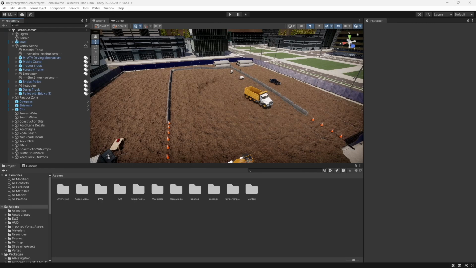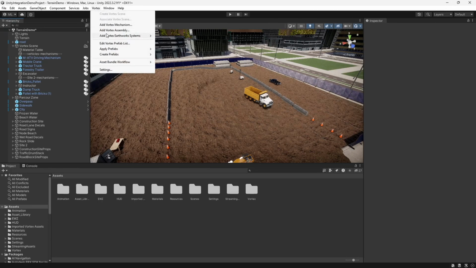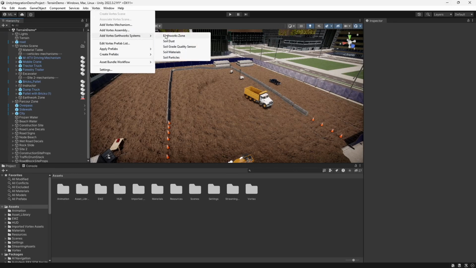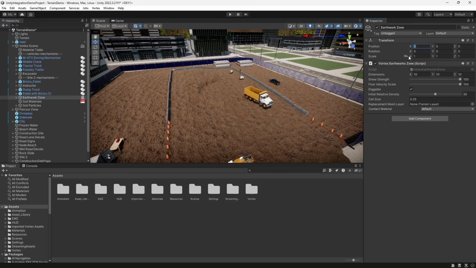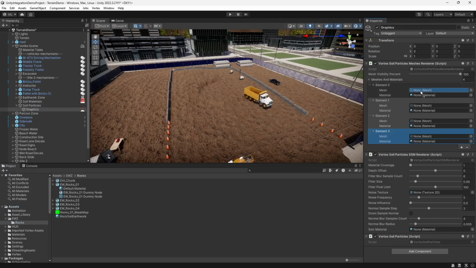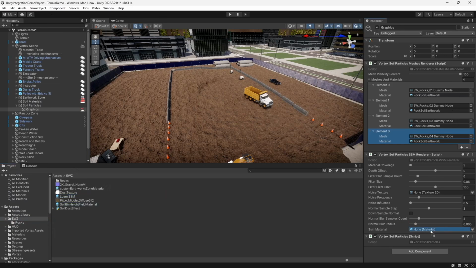Let's say we want to create an earthwork zone on Unity terrain. Open the Vortex menu and select Add Vortex Earthwork System. Then add an earthwork zone, a soil materials, and soil particles. Place the earthwork zone on the terrain, set its size, and define the meshes and materials for debris in the soil particles. Here we're using 4 mesh variations for added realism, and we assign an SSM material to fill the